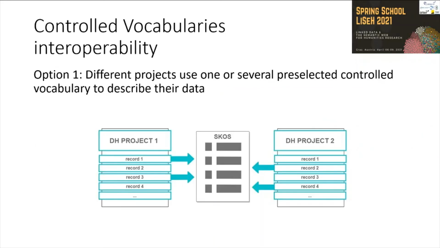Previously, I already talked about how control vocabularies are important for data integration, and now I would like to discuss several approaches for making vocabularies interoperable. The first approach is the simple case when the data from different data providers is annotated with a set of pre-selected and agreed upon control vocabularies. This ensures that the data can be aggregated and used for data analysis very easily because most likely it won't require any further data curation.